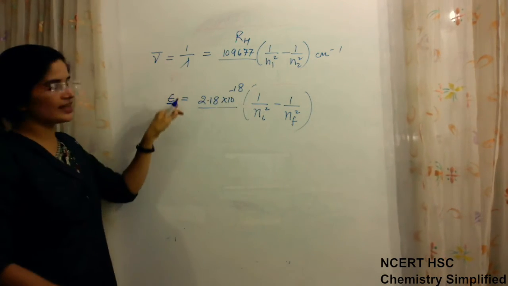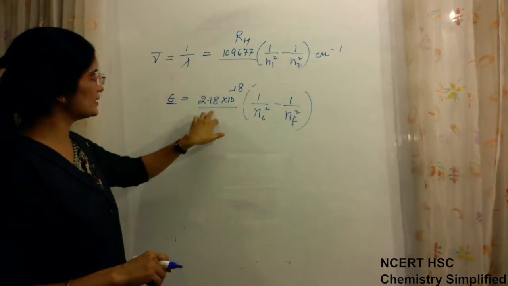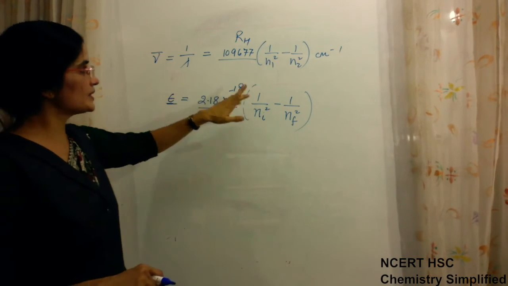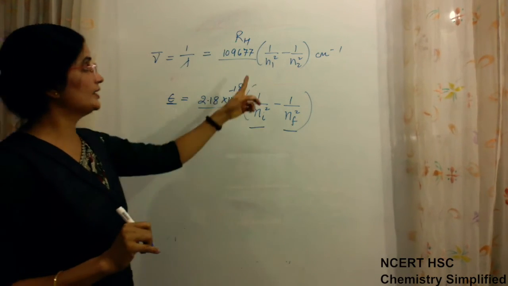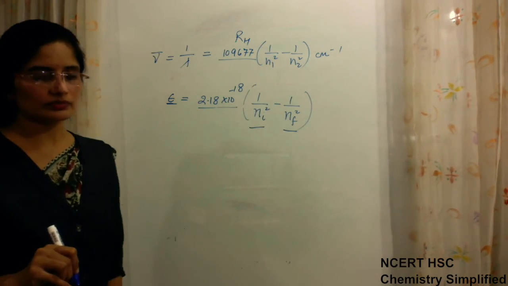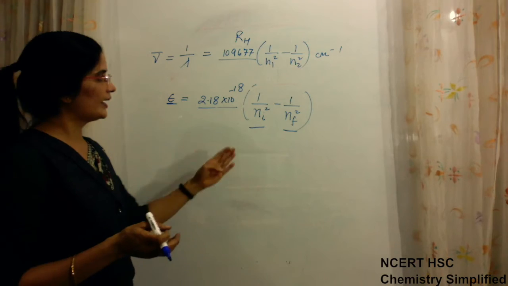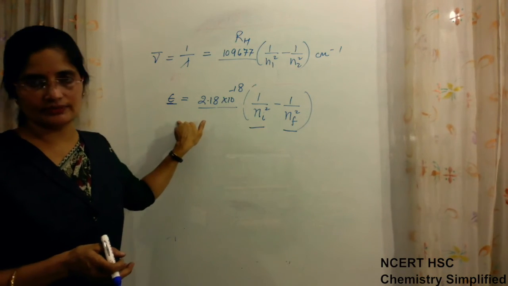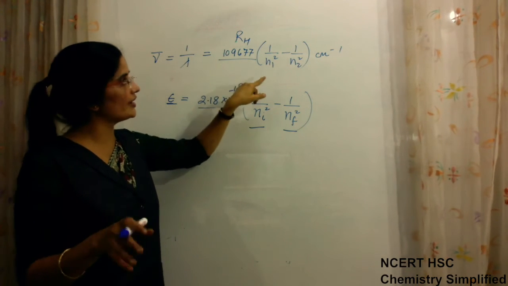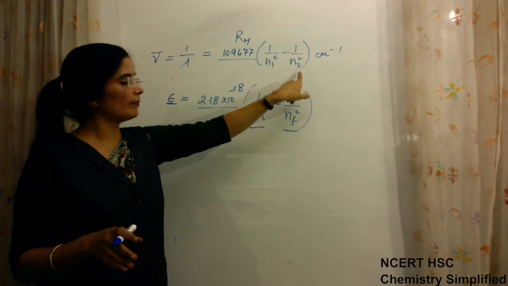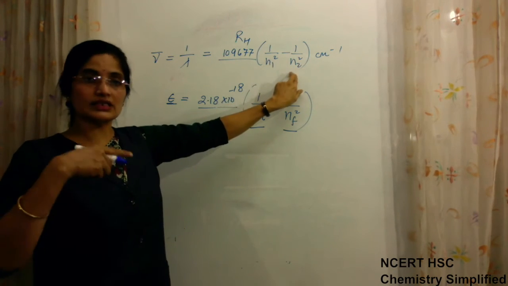Though these two formulas have been derived from each other, you can see one more difference when we write them. One is the difference in the values of RH. The second difference is that here we write Ni and Nf, and here we write N1 and N2. Why do we need Ni and Nf in the case of energy? In the case of 1 by lambda, we will always use 1 upon N1 square minus 1 upon N2 square, where N1 is always the smaller value